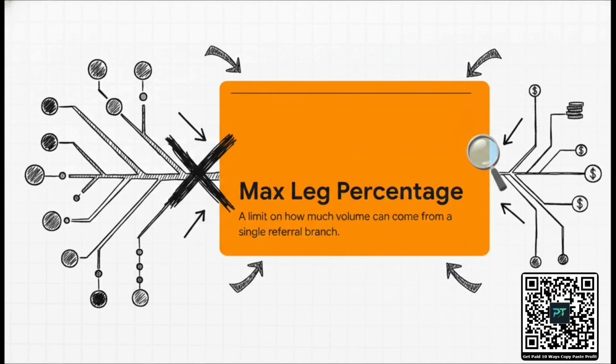But, and this is a big but, you have to balance that volume against what they call the max leg percentage. This is a strict rule to ensure your network is wide and that you aren't just relying on one lucky invitee. The platform prevents you from just recruiting one highly active person and riding their coattails all the way to the top. You are firmly capped on the percentage of your required qualified volume that can come from any single leg or branch of your team. It basically forces you to recruit and build across multiple completely separate lines.